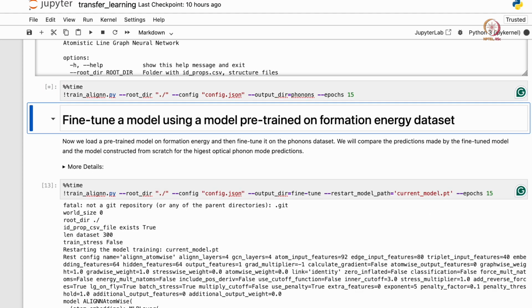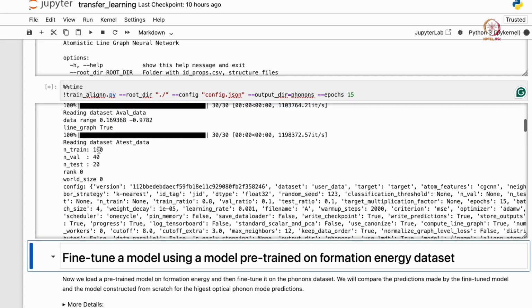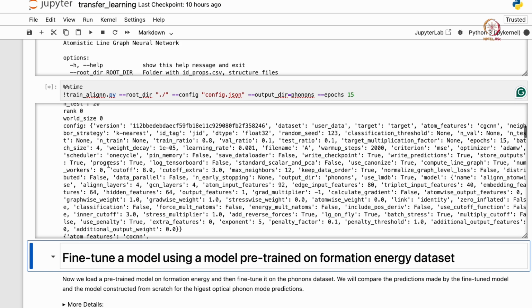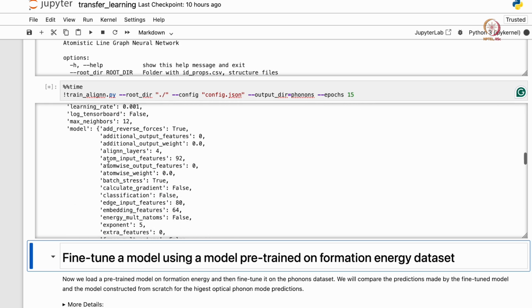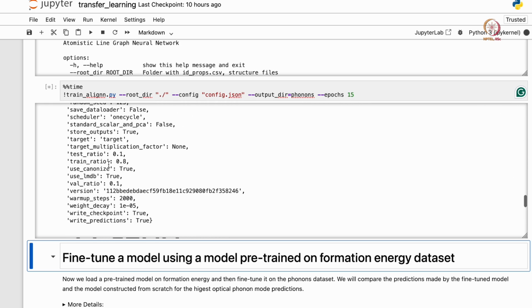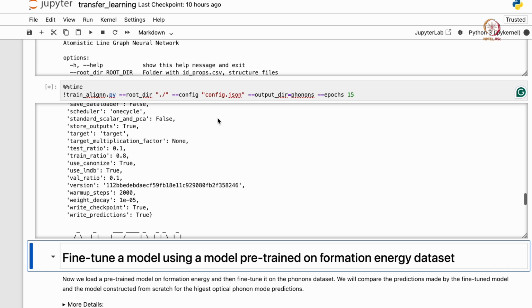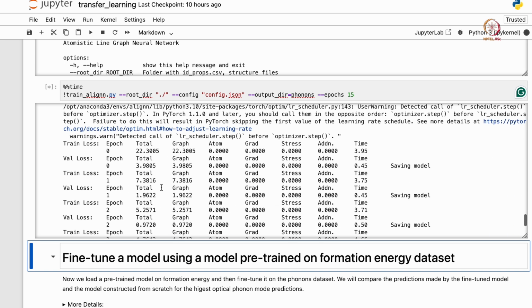If I run this, we have 160 training data, 40 validation set, and 20 for the test set. These are all the parameters that I had specified in the config.json file. And now as you can see, the training has started.